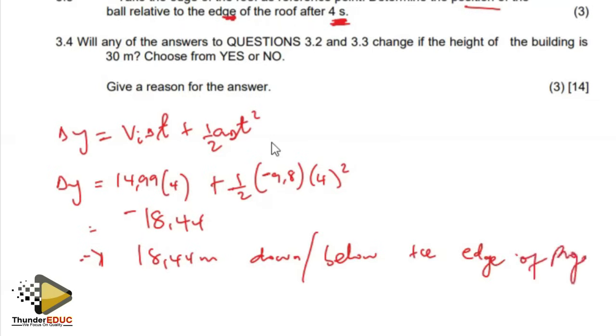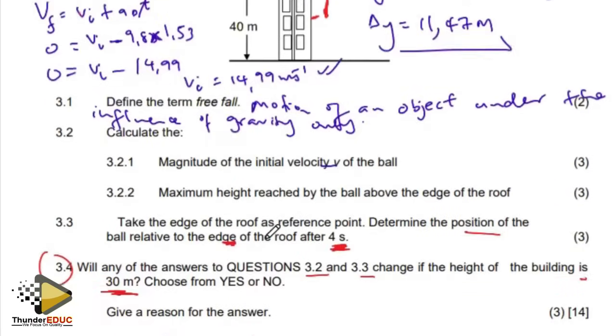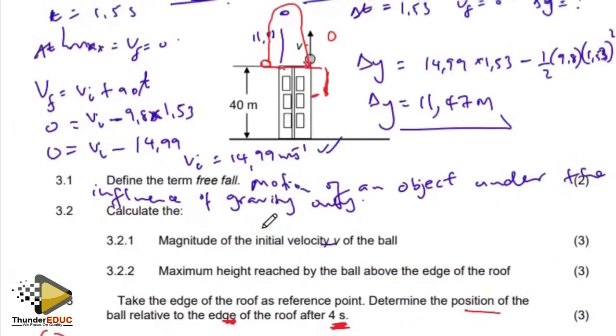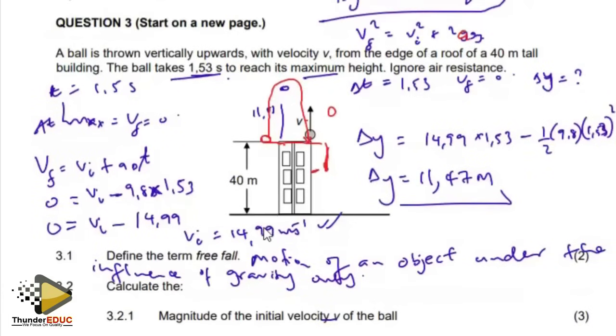Edge of projection. All right, then 3.4. We'll end the answers in 3.2 and 3.3. Change if the height of the building is now 30 meters. Choose a yes or a no. Now, looking at what we've been working with in 3.2 and 3.3, we've not applied this height in any way. So the fact that this 40 is not in any of our calculations, it does not have an effect